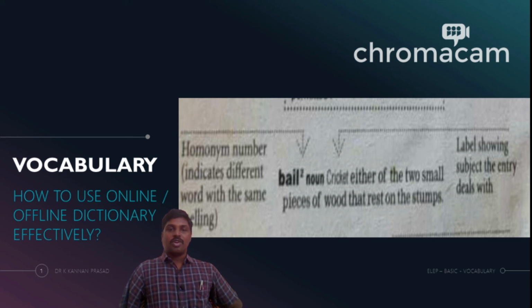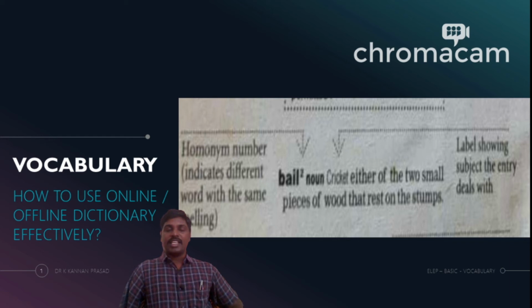There were times when, as I denoted to you in the last example, the word Brit is used as an italicized form, which is used as a variant. In our case, it is a topic in which the word can be used, right? So a bail is a word which can be used under the topic cricket. So now you know what a bail is, right? A bail is either of the 2 small pieces of wood that rest on the stumps. So that is a bail for you.